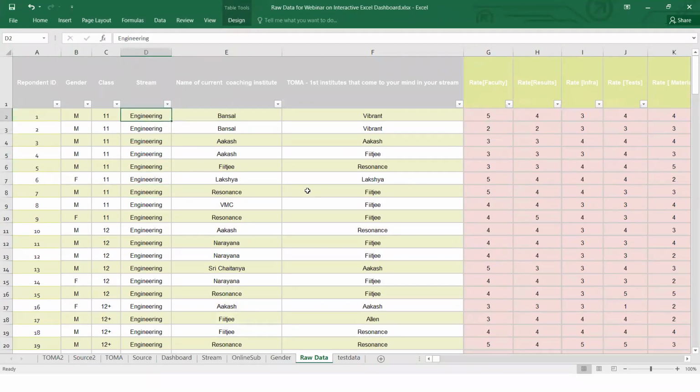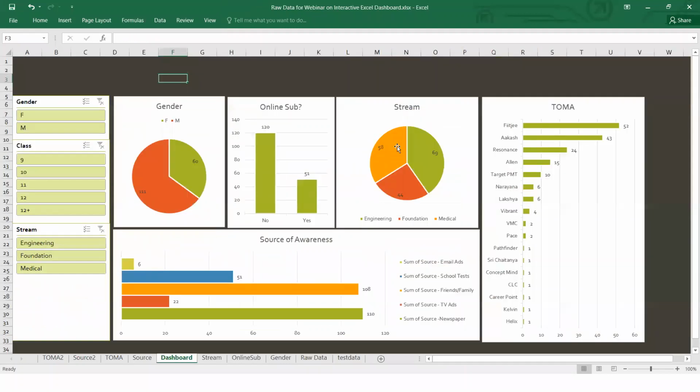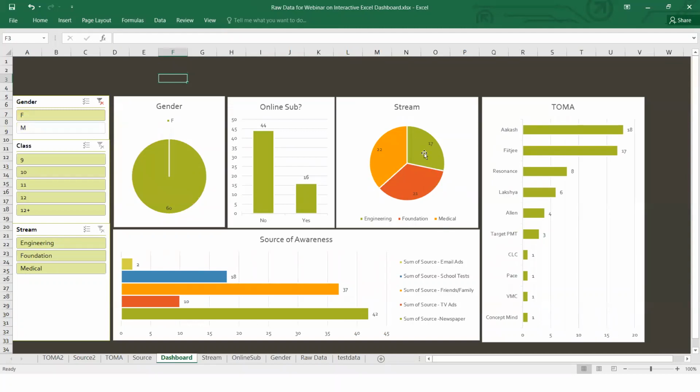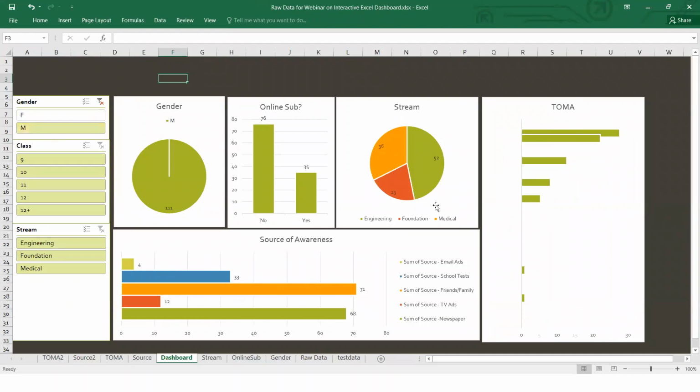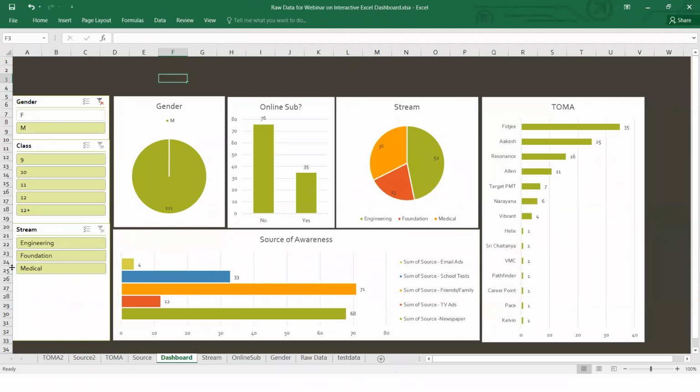And I want to see how many are from engineering or how many are from the other stream. So I created a look of streams here. I want to see how my split of females in the particular engineering or foundation stream is. I just clicked on females. So this is the kind of split that females have, and this is the kind of split that males have.